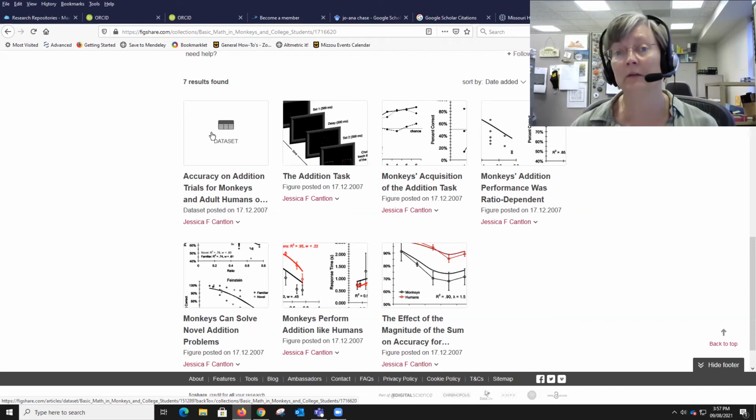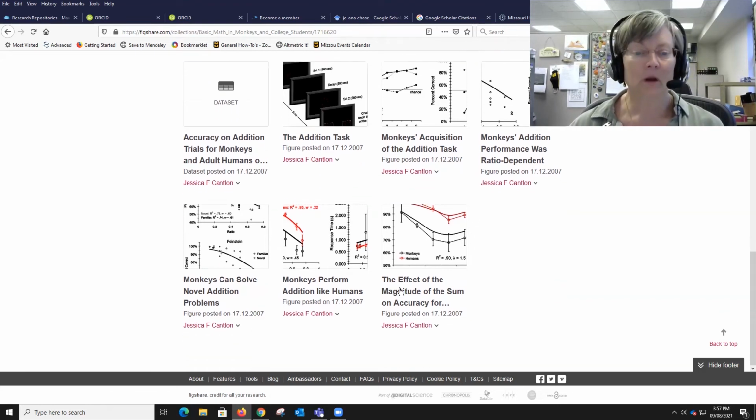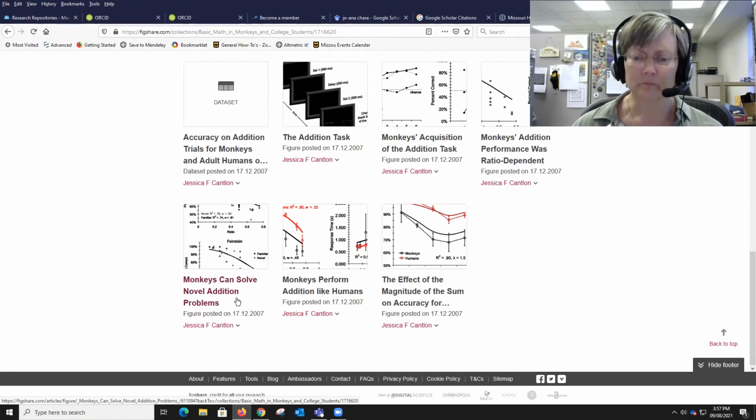If you're looking for data sets, repositories can be a great place for you and or your students to look for that. And so how I'm thinking right about now on today, the monkeys would be as good or better than I am with some math problems. So